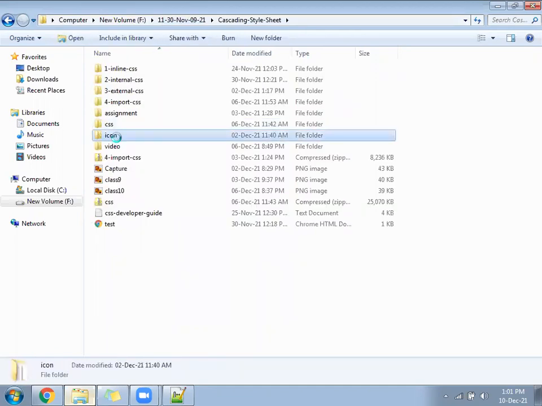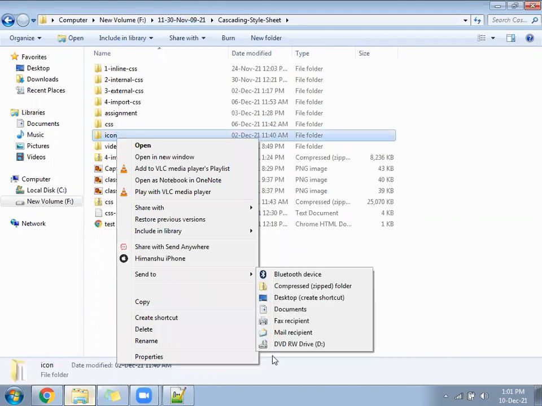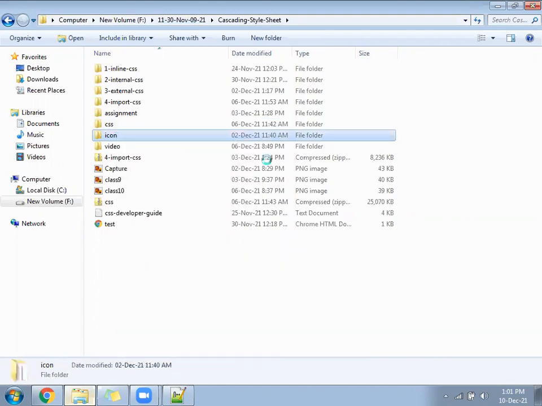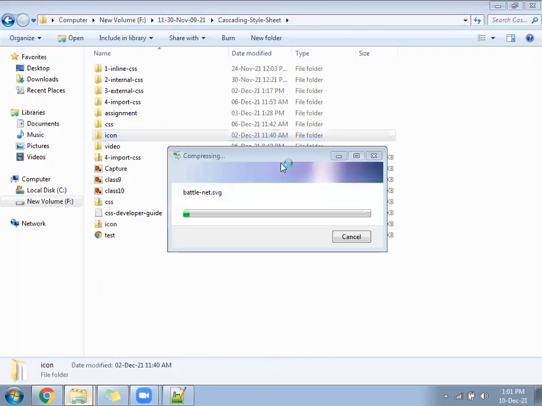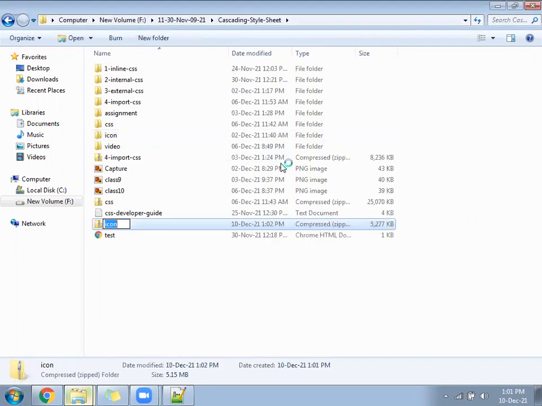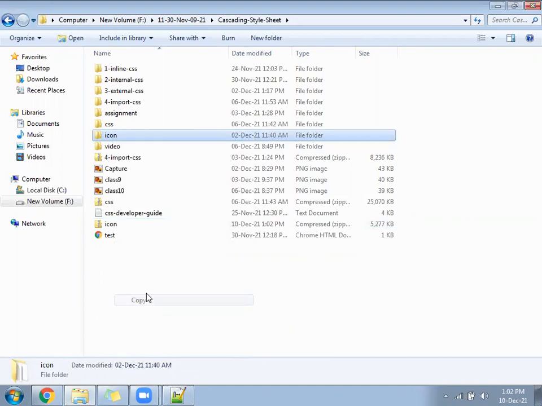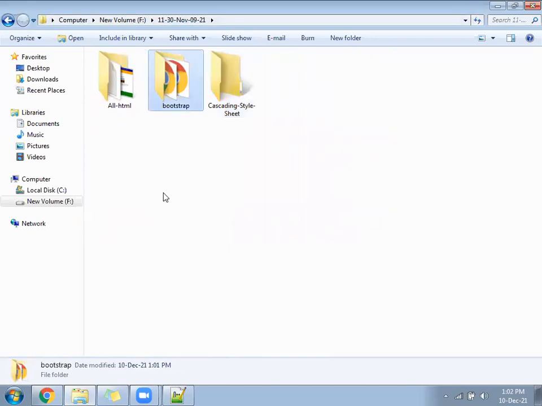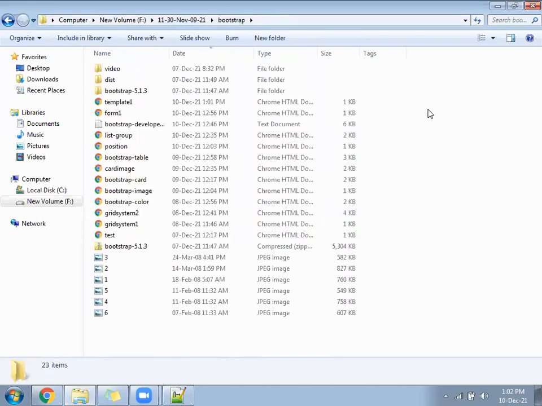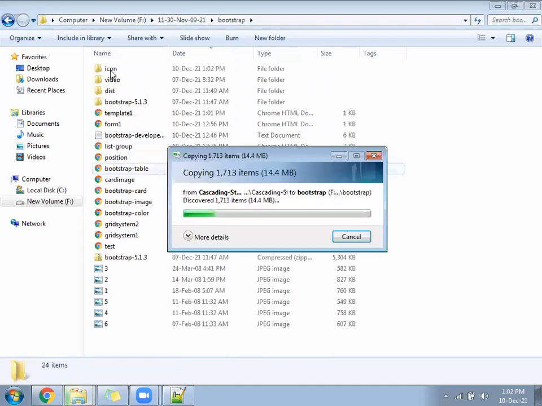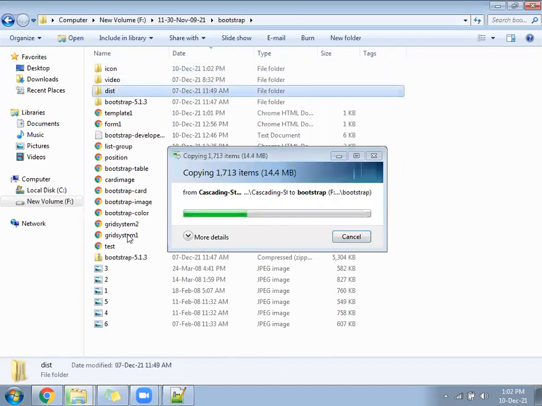I will send it in the chat also once. In case you are missing it, you can use this. I sent the icon folder in the chat. Please copy that folder and paste it under the bootstrap folder. So your dist folder, icon folder and your files are at one place. Here only we have the icon folder and the dist folder and all the files.